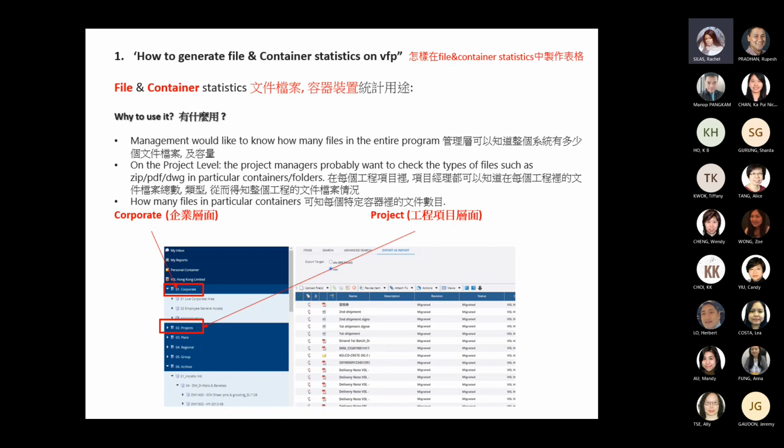即係話喺一啲 project 裏邊，譬如可能 APM、項目經理 PM，就想知道每個 project 裏邊嗰啲文件檔案嘅總數、類型，從而知道整個工程文件檔案嗰個情況。譬如可能裏邊其實係冇 drawing 嘅，但係點解會有 drawing 喺度？會唔會係錯咗？And also lastly, how many files in that particular container，即係話喺每一個特定嗰個 folder 裏邊，都想知道 file 嘅數目。